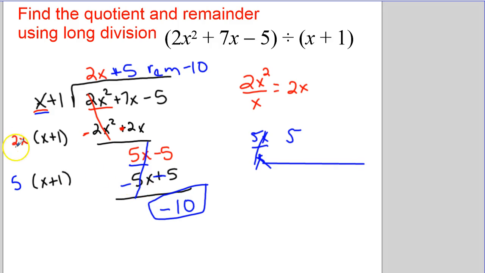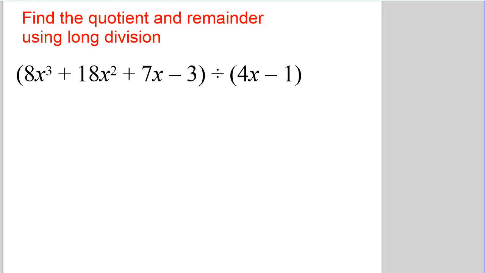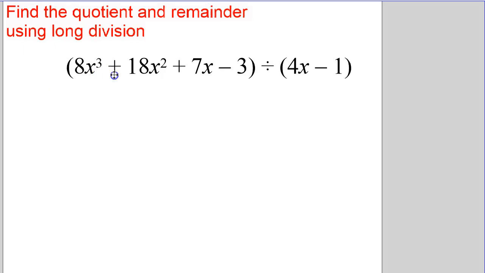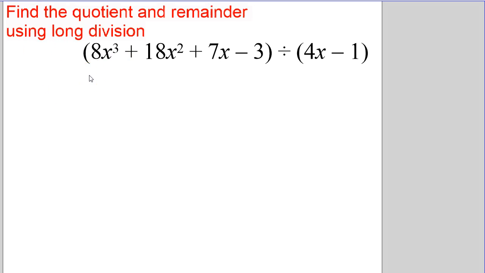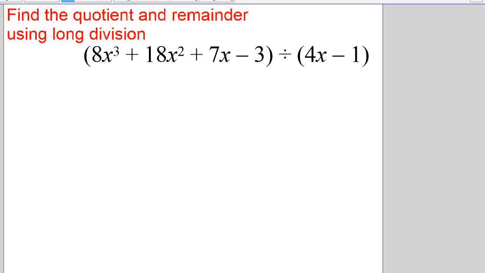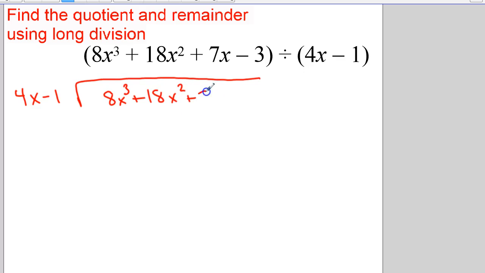So that's the first problem. Let's go on to the second. All right, this one, find the quotient and remainder using long division. This is a little longer. First I want to make sure, do I have an x cubed, an x squared, an x, and a constant? And I do. So now that I have that, I'm going to take my 4x minus 1, and I'm going to divide that into 8x cubed